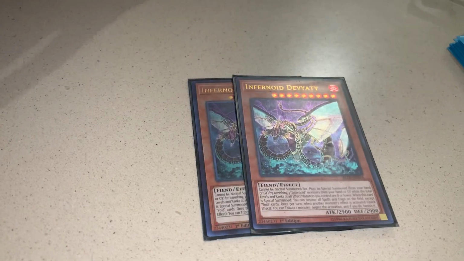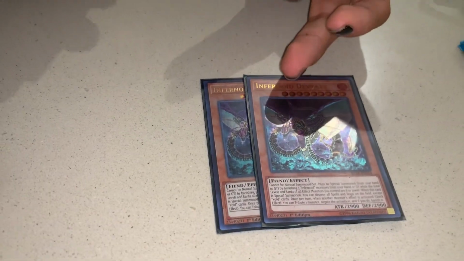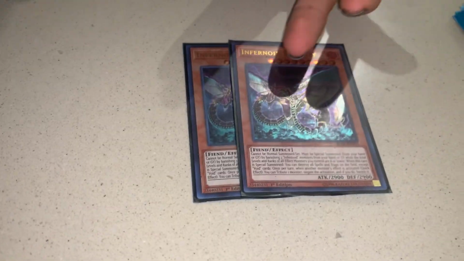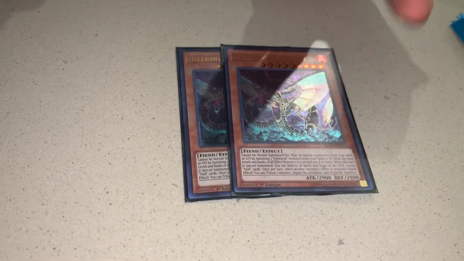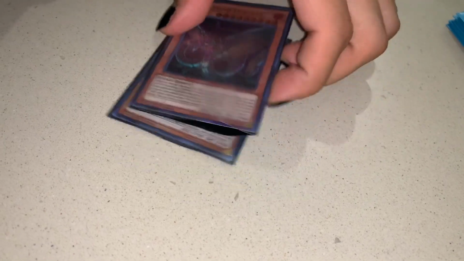For the boss monsters, we have double Deviati. Deviati speaks for himself. Pops spells, pops traps. Pops spells and traps when he's summoned. Pops monster, negates monster effects. It's all toolbox, really. I love it, but you can't always go into him. Super spammable. And just for anyone asking,